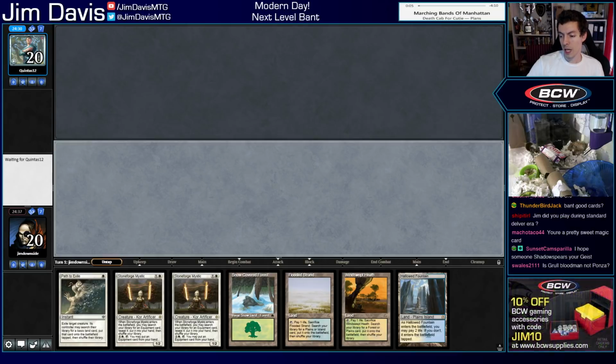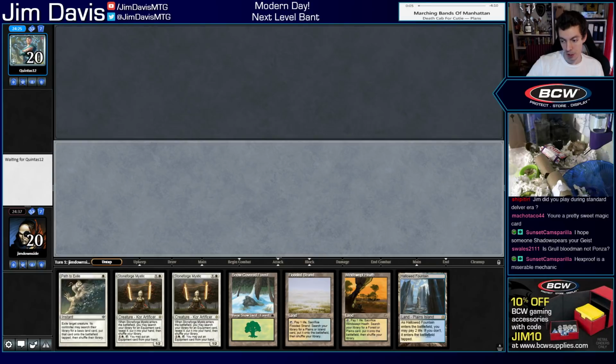Is Gruul Blood Moon not Ponza? I mean, it's kind of Ponza. It's not playing like Stone Rain. It's like a few Pillages, but...